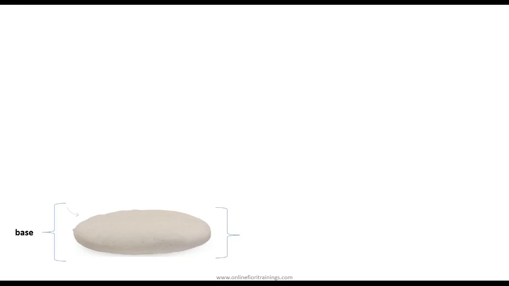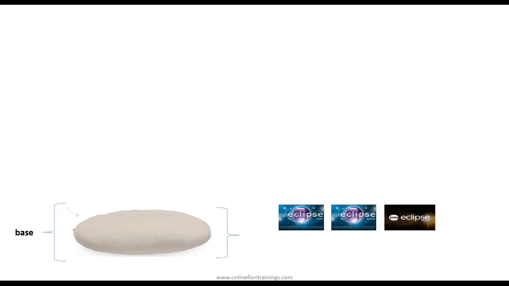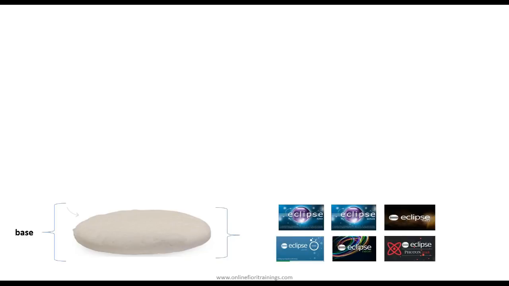So please understand, this is your base. It's free and it is open source. Now, the evolution of Eclipse has happened typically in the form of planets. Initially they used to release these versions with the names of planets. The oldest version which I have worked on was called Eclipse Juno. After that, we got Eclipse Kepler. Then we got Eclipse Mars. We got Eclipse Oxygen, Eclipse Neon, and then right now, the latest version is called Eclipse Photon, released in